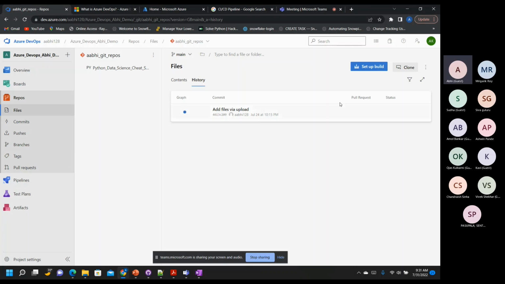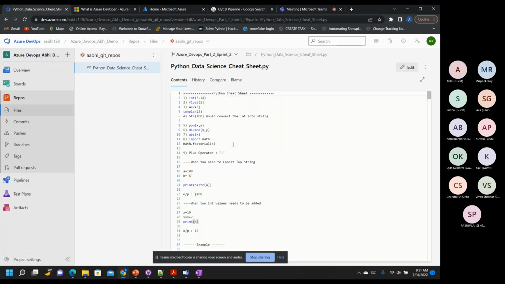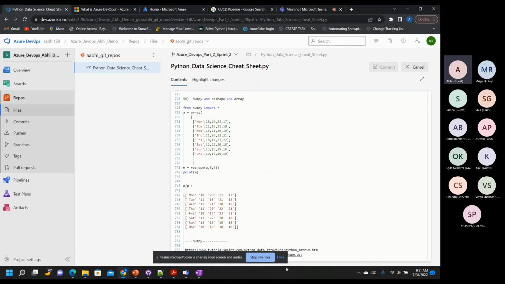We haven't raised any pull request, but we will see the history in some time. Okay, let's go back to branches again, and let's talk about this one. Let's try to edit this a little bit. I'll go into down, and what I will do,